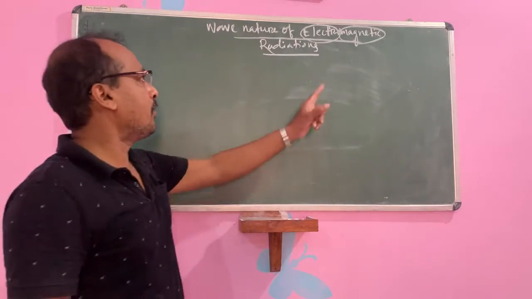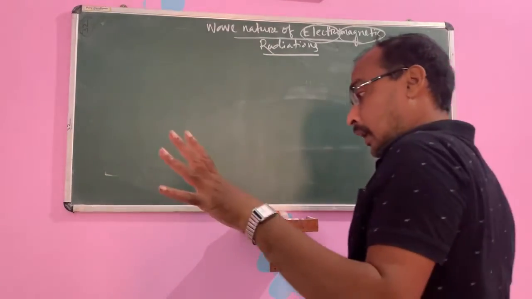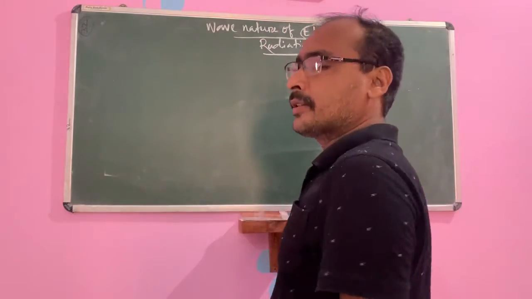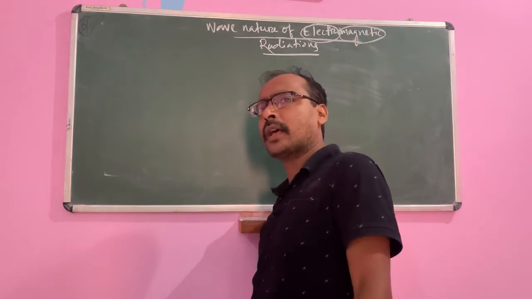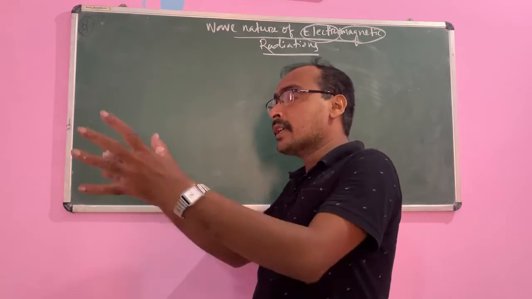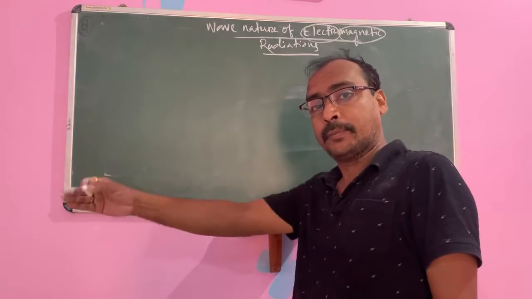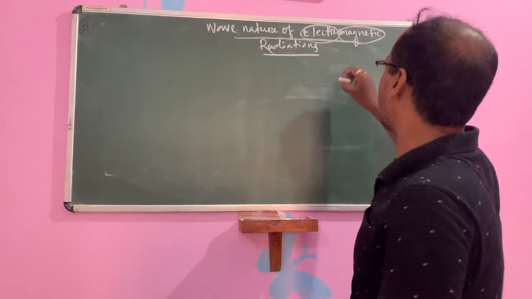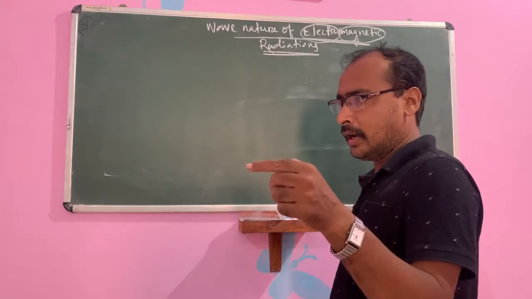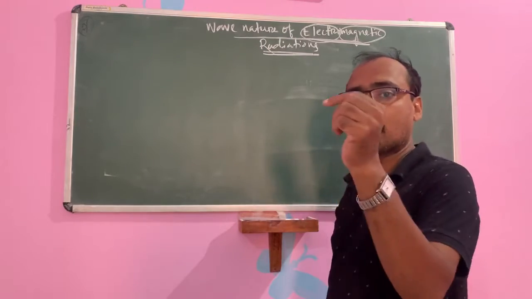It means radiation having electric field and magnetic field both. I am giving some examples of radiations to you. That is sunlight, light, X-ray, gamma ray, beta ray, UV, ultraviolet, infrared, radio waves. All these rays are known as electromagnetic radiations. All these rays have electric field and magnetic field both. So what is the definition of electromagnetic radiation? The radiations having electric field and magnetic field, both are perpendicular to each other, and these are also perpendicular to the wave propagation.